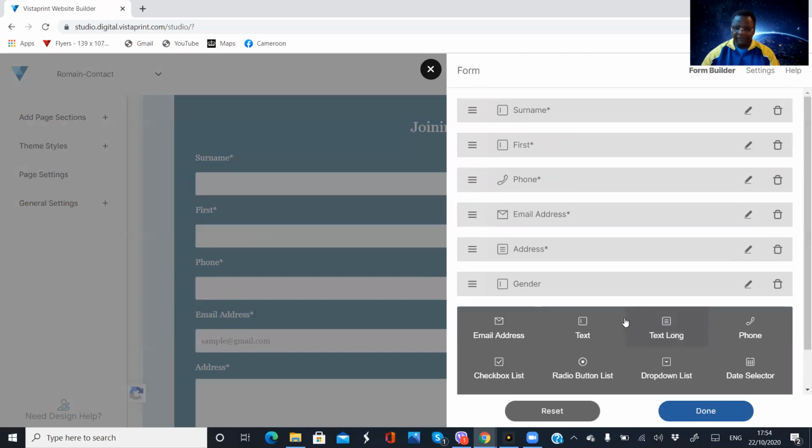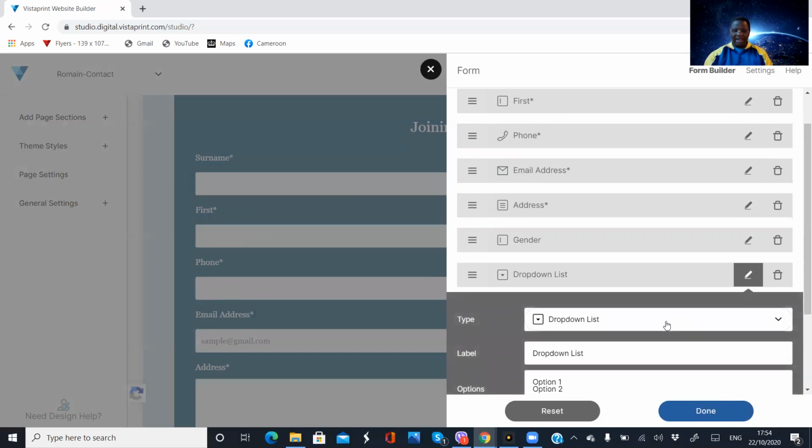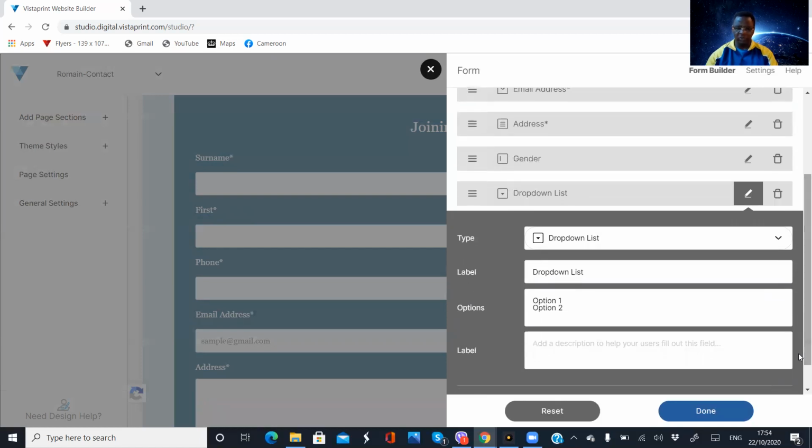I'm going to add another field, and for this one, I can use a drop-down button here rather than people declaring on the form male or female. I'm going to make it simple for them, just to have an option where they can choose. In that case, I'm going to use a drop-down list. So if I click a drop-down here, now I have two options. I have two options here for the moment. On the options,